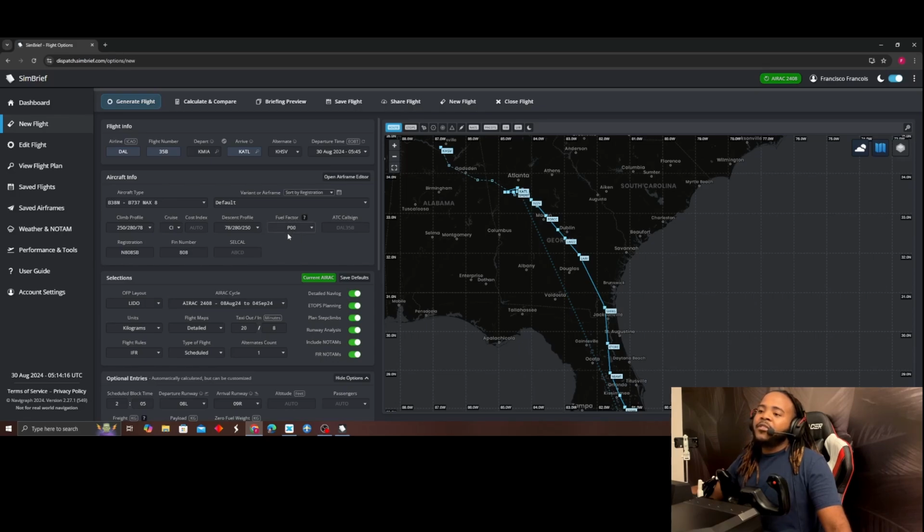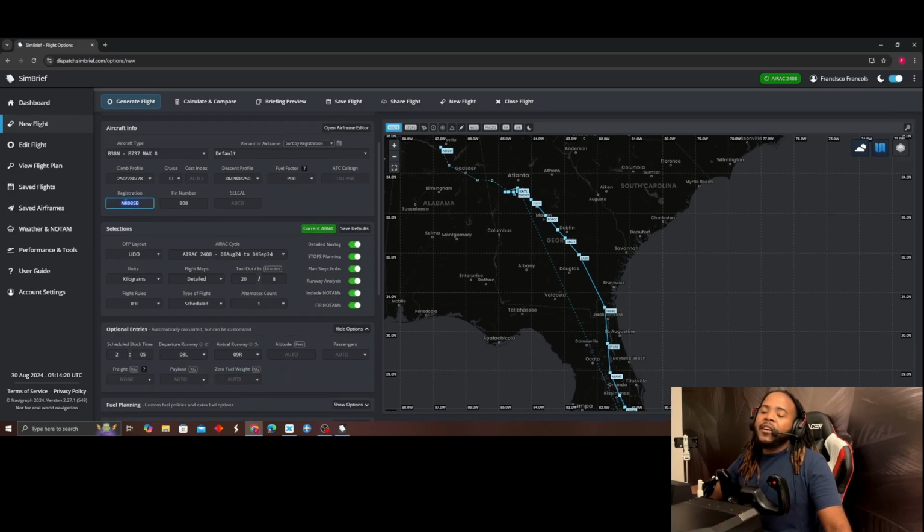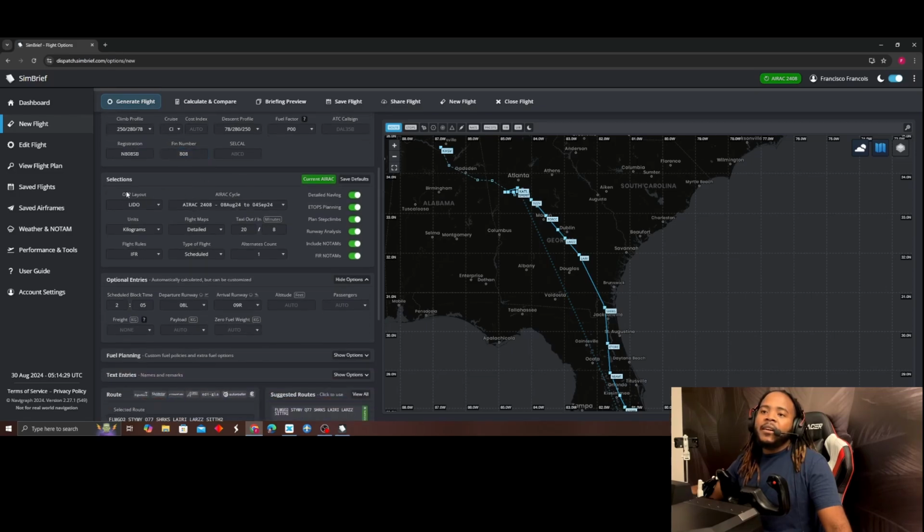Fuel factor, we're gonna leave it just like that, and then this is our call sign right here, and then this is our, sorry, aircraft registration. VIN number, just leave it just like that, and SELCAL code also just leave it like that. You're not gonna need that so far. Now, right here,